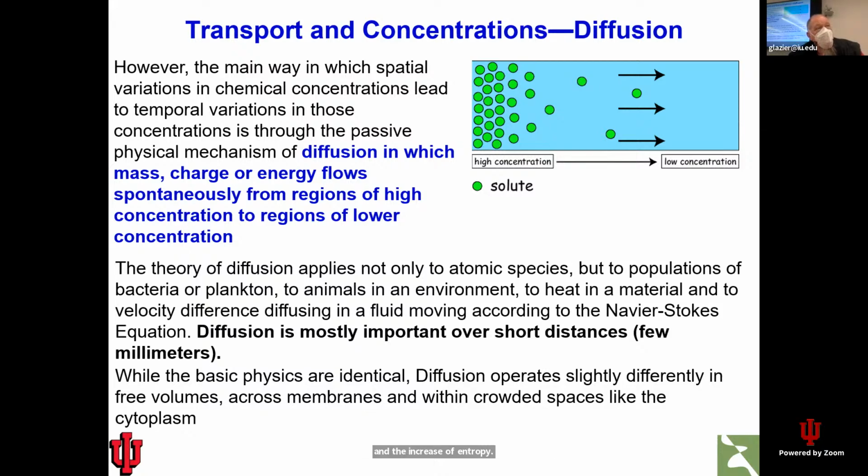Fundamentally, if I have a high concentration of chemical on the left and a low concentration on the right, and each particle has an equal probability of moving to the left and to the right, if I look on the right, where there are no particles, the probability of a particle on the right moving to the left is 0, and therefore the flux from the left to the right, from the right to the,